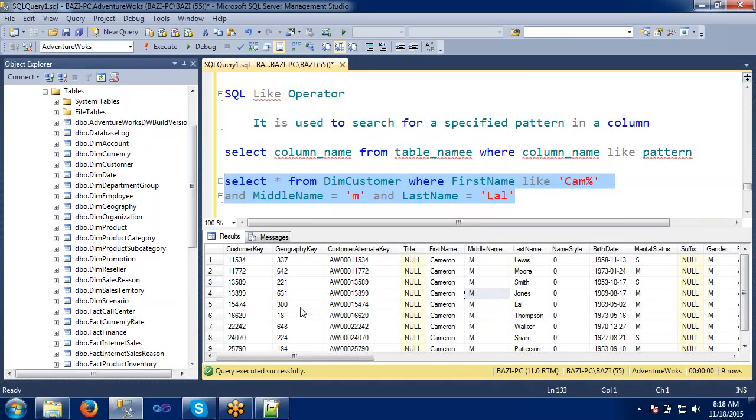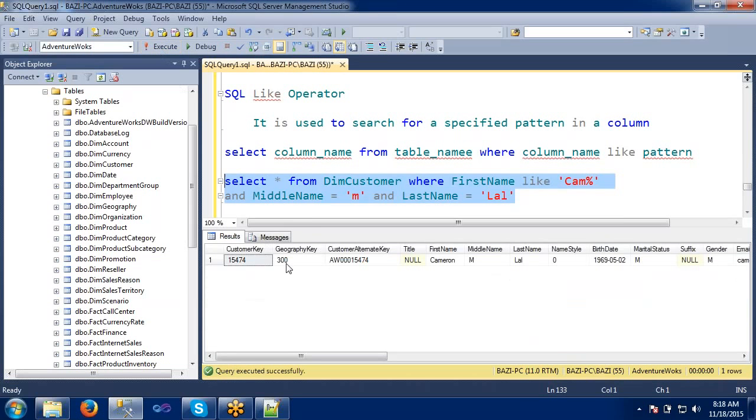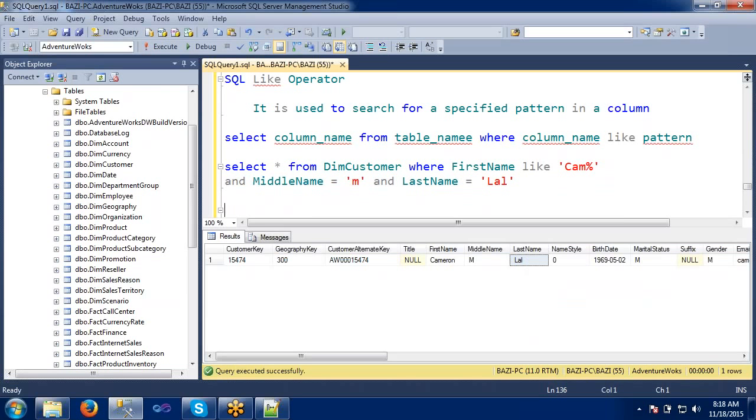The ID is 300, so key is 300. See, this is how we will retrieve. So now we have got exactly what we want. First name we have got, middle name we have got, last name we have got. So like this we can apply our like operator and condition.